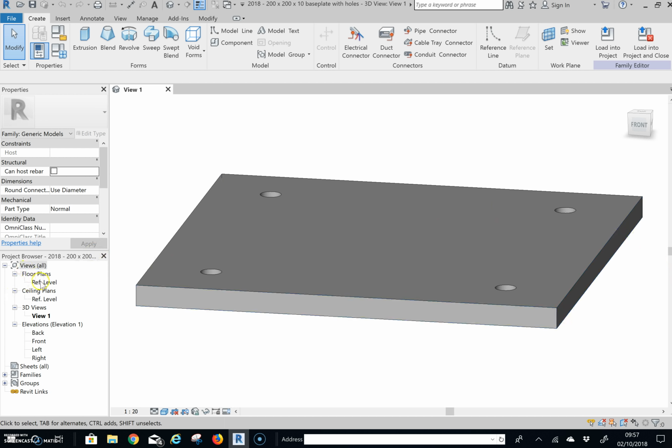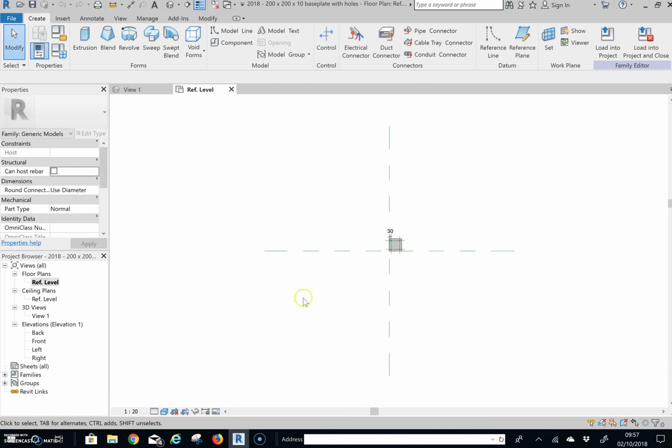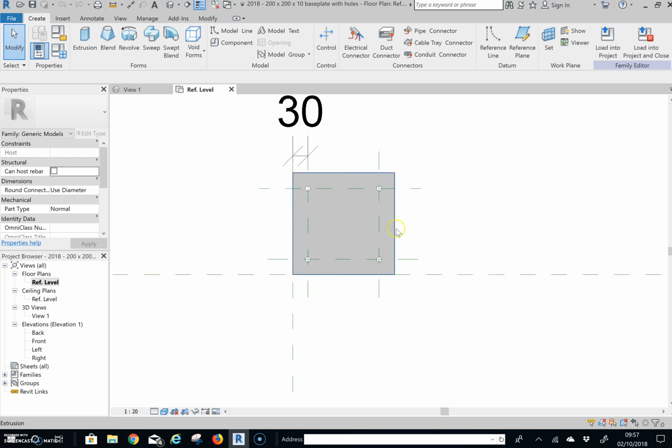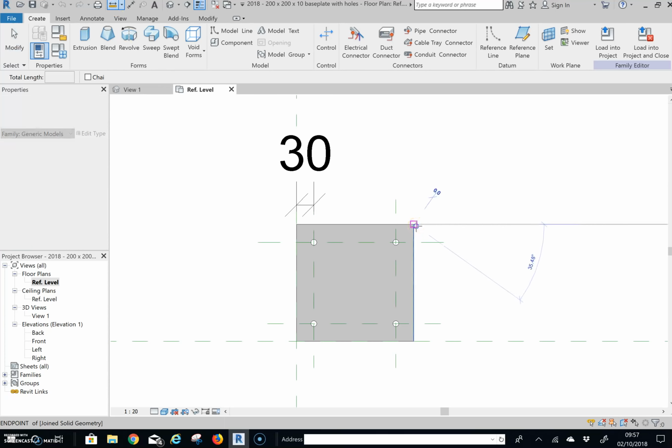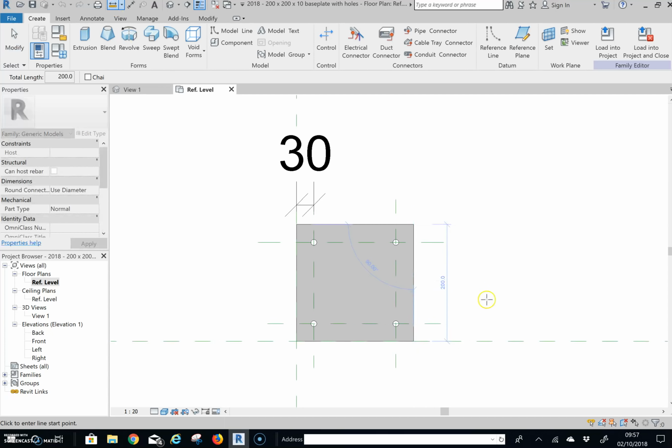So go to floor plan, reference plan, and then ZE if you want to zoom in on here to see what dimensions. So you can check these dimensions here by saying from here to here 200, okay? So it's a 200 square, and then you can check the diameters and so on of this and make sure these centers are correct. So if I go into 3D space,